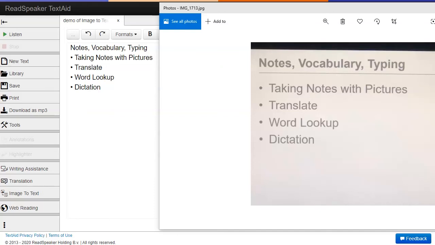Please keep in mind that when the image is not of quality, neither will be the output of the image to text process. Using the image to text tool is a great way to convert your notes into editable text and store in a folder for your course and unit. Be sure to try it out.